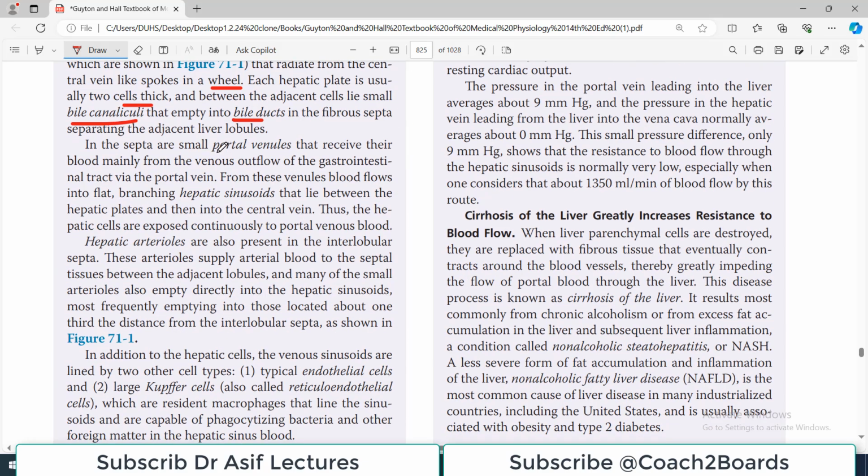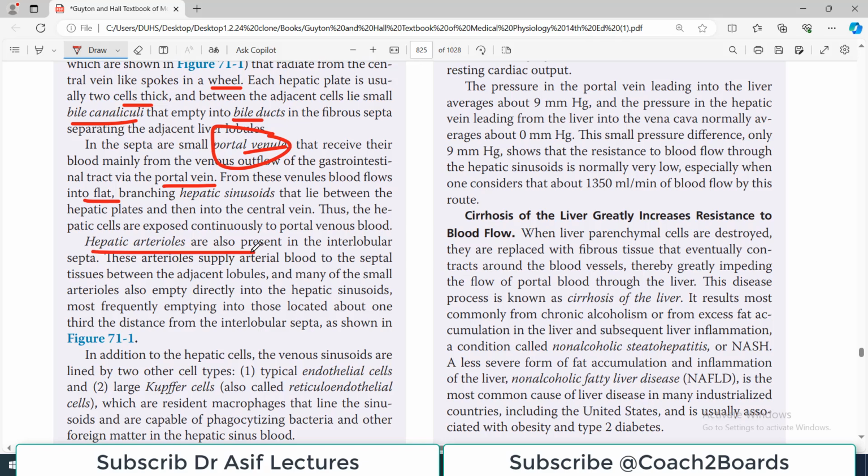In the septa are the small portal venules that receive their blood mainly from the venous outflow of the GI tract via the portal vein. From these venules, blood flows into the flat branching hepatic sinusoids. So there are portal venules जिसमें से GI tract का blood आ रहा है. Okay,